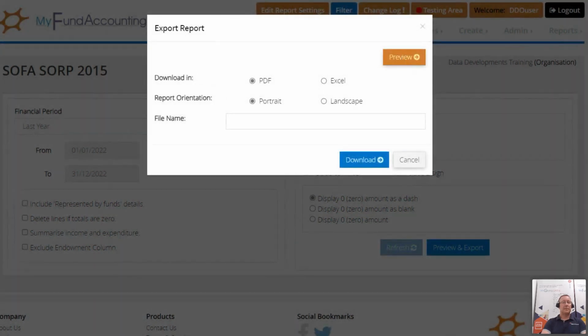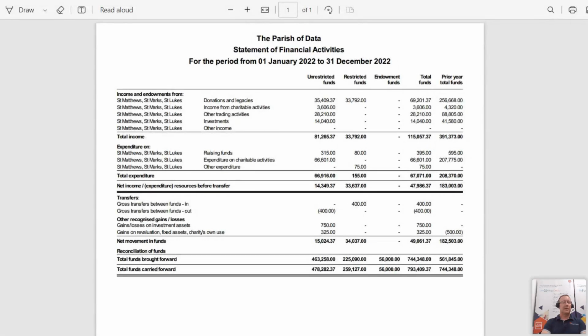And there you can see now, because I've said show me the labels, it's got St Matthew's, St Mark's and St Luke's, and then we can see the consolidated totals for all the